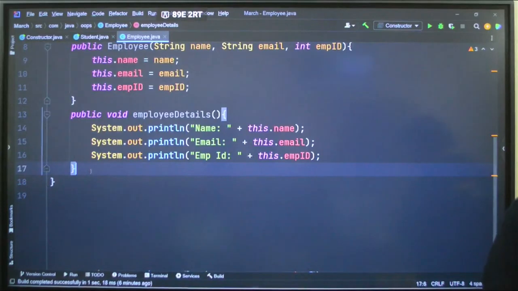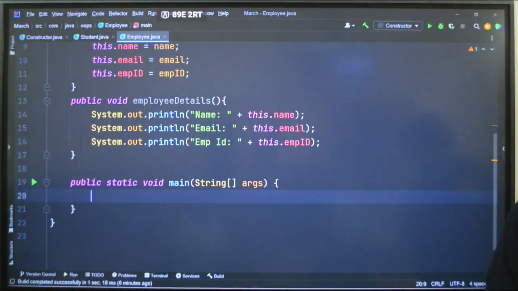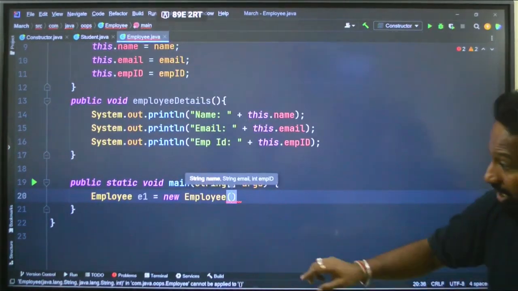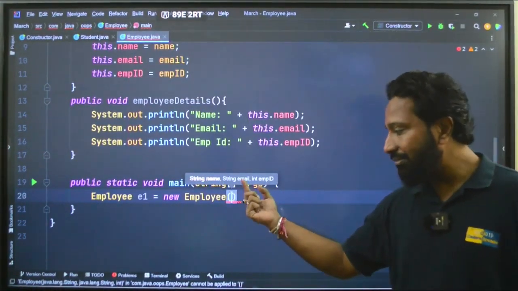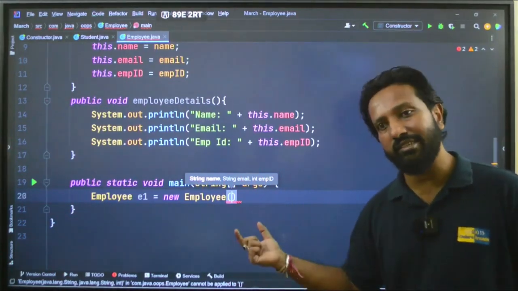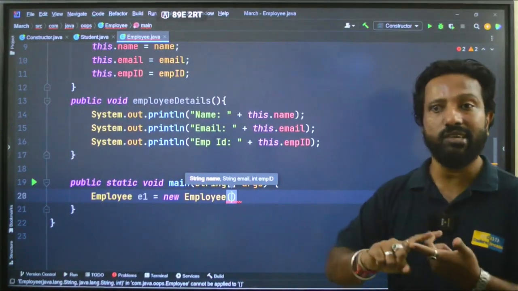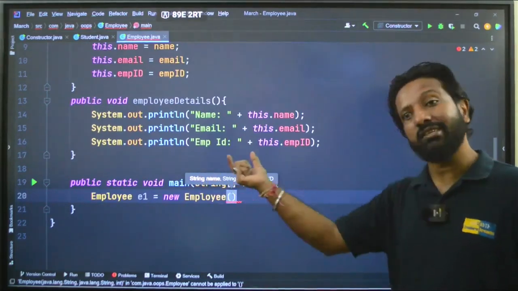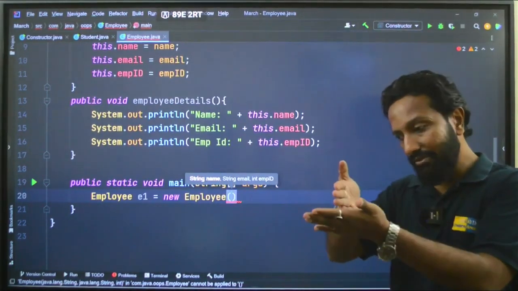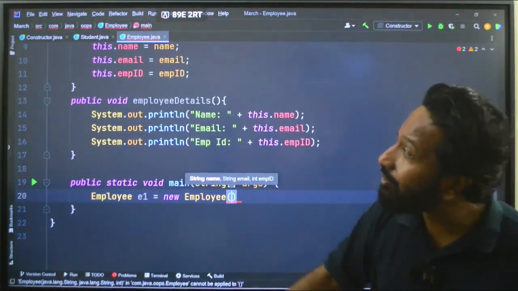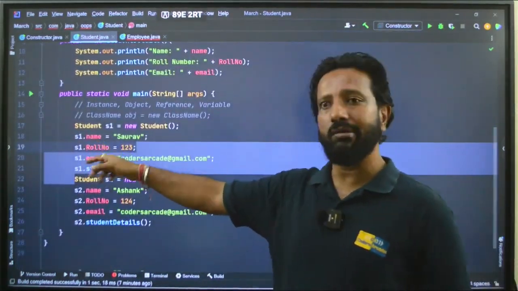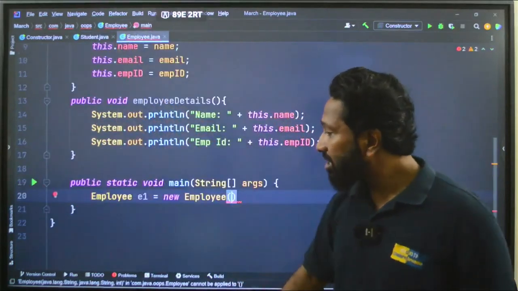So now let's go back to our main function and do the same thing. Class name object equal to new class name. The class name is employee. Employee E1 is equal to new employee. Fine. So here you can see now the name, the email and the ID has to be passed in the constructor itself. Got it? That is the benefit. Rather than doing it manually, E1 dot name equal to this, E1 dot email equal to this, we are doing it in the constructor itself. So guys, understood the flow? We have started from the basic thing where we did it manually here. See here, we did it manually, e1.name, s1.name, likewise. But in this case, the constructor is doing this for us.